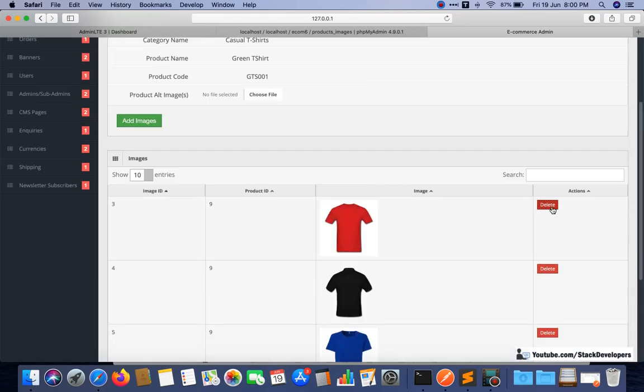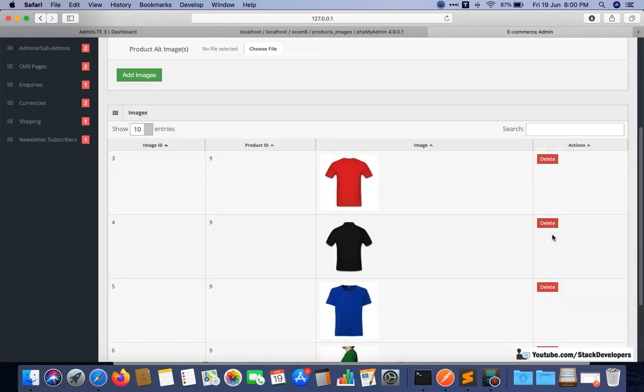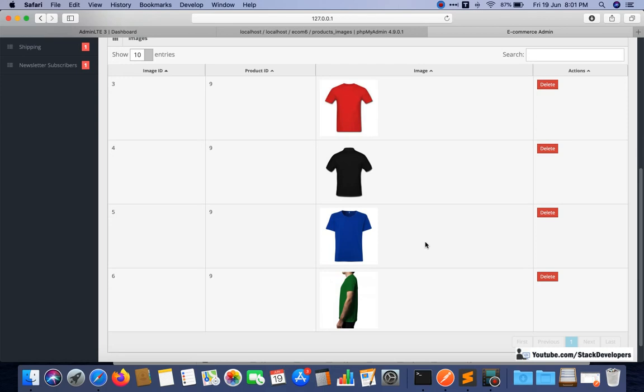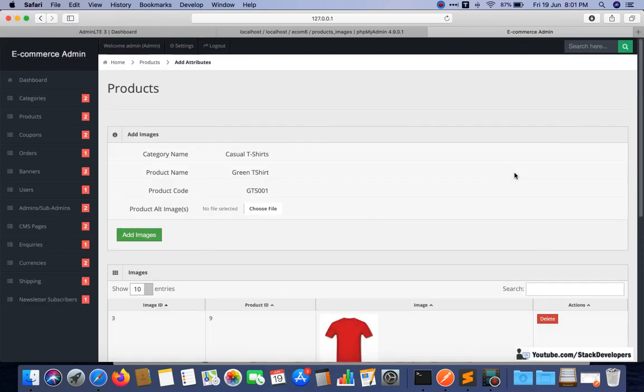We will also give the delete option with every image, and this time we are also going to give a disable option that is not here in the basic series, an active/inactive status for every image. If sometime you don't want to enable some of the images, you can disable them and enable again when you want. Such kind of thing we are going to do in the next video. We will work on these images.